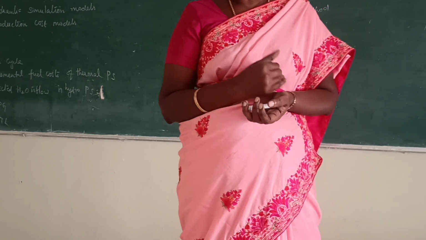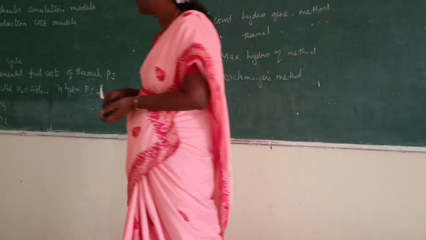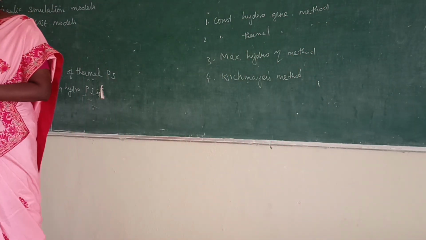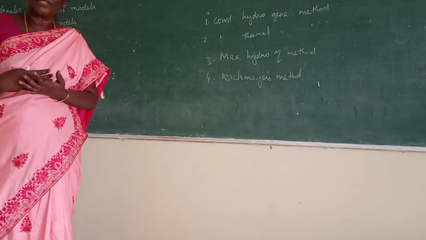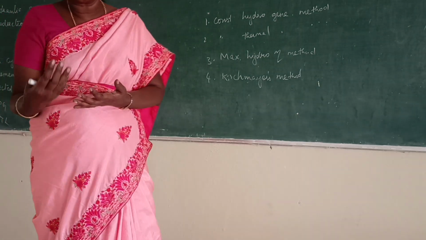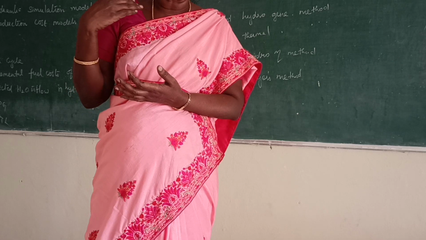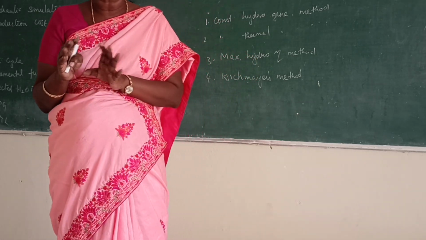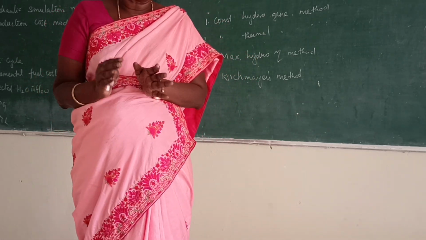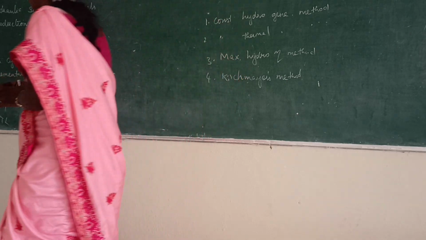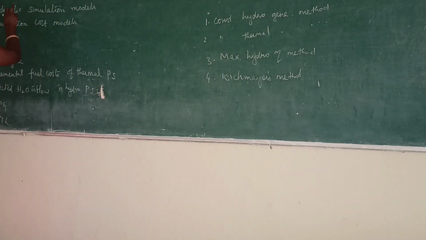In general, there are three ways. That is optimization: under what condition we switch on the hydro power plant, under what condition we switch on the thermal power station, and how long the hydro power plant will be operated. Everything is calculated using simulation for the long-term operational period, the composite hydraulic simulation model, and the statistical production cost model. These three methods are used to find the long-term power generation.